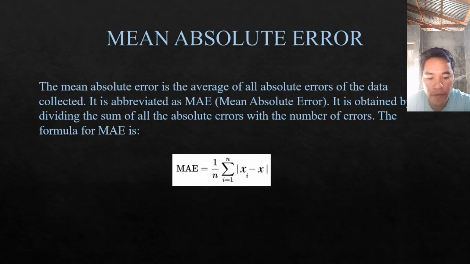Mean absolute error. Mean absolute error is the average of all absolute errors of the data collected. It is abbreviated as MAE. It is obtained by dividing the sum of all absolute errors by the number of errors. The formula for MAE is